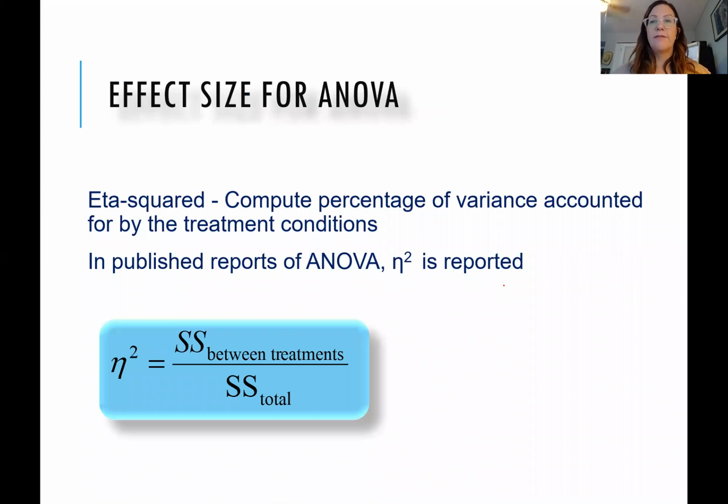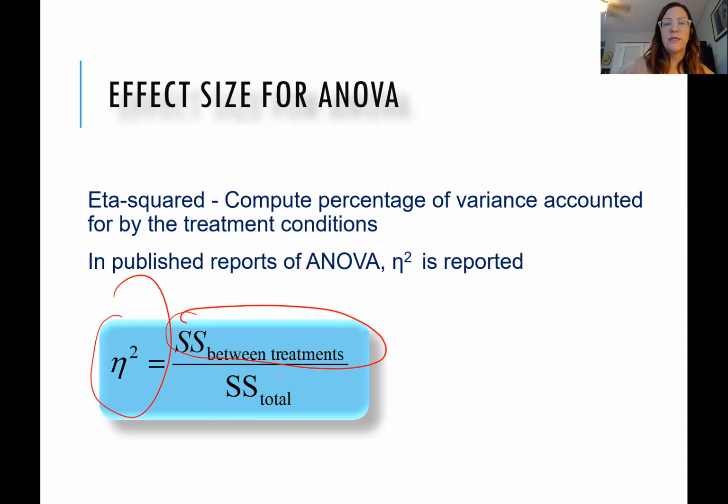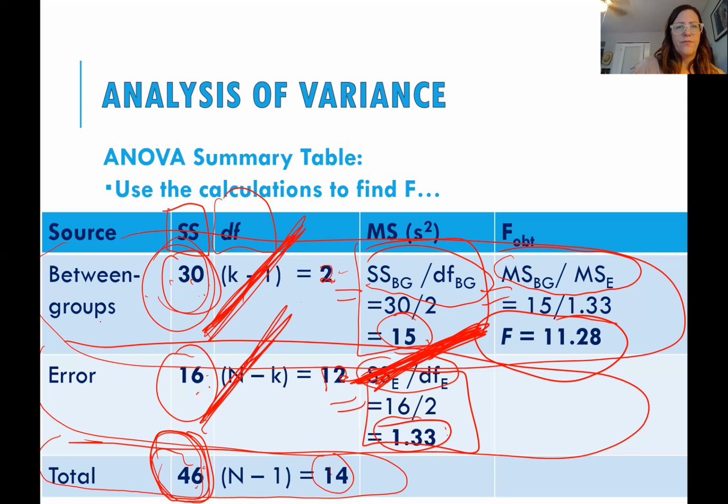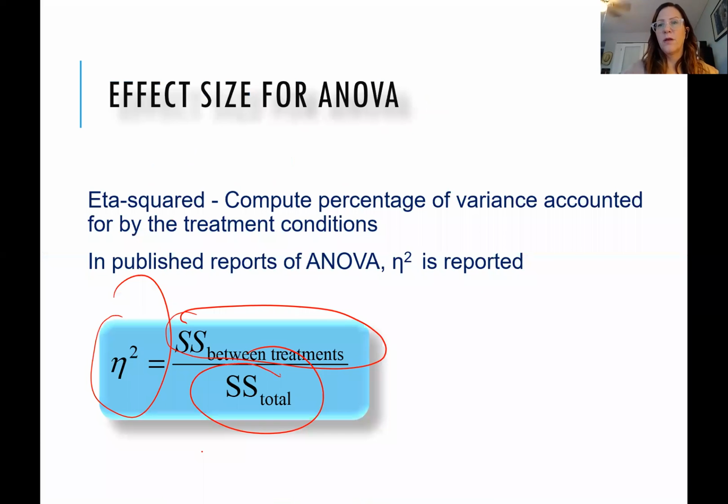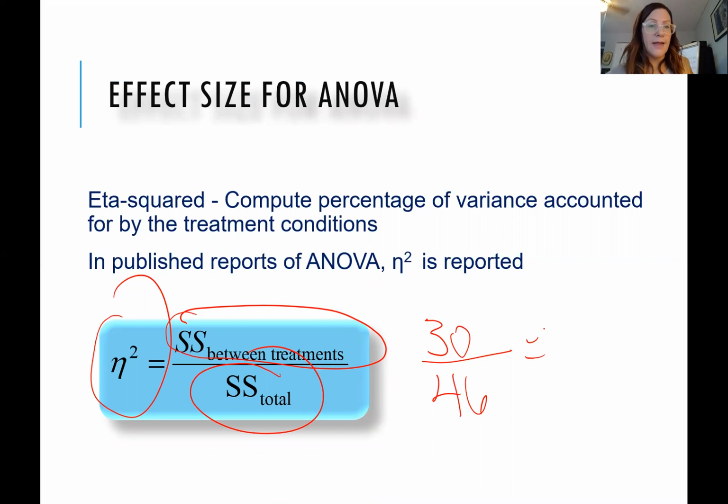So now we can calculate an effect size. Again, we can go back to this table. If you look, our eta squared is the sums of square between treatments or between groups divided by sums of square total. If we go back, it's this divided by this, right? So this is in the numerator, this is in the denominator. So 30 divided by 46, okay? So if you plug that in,